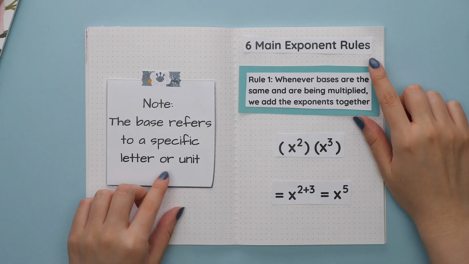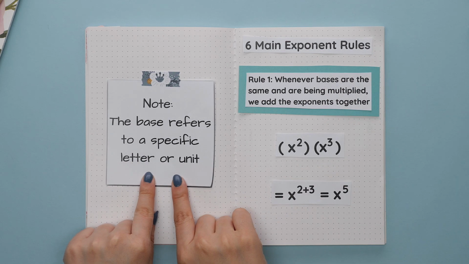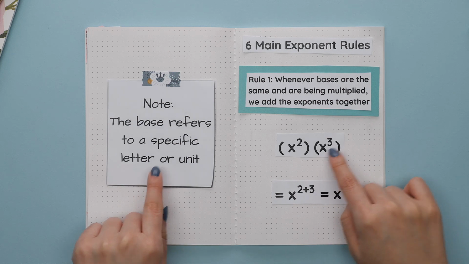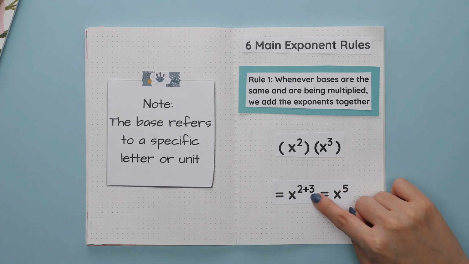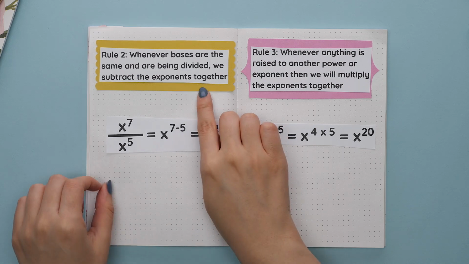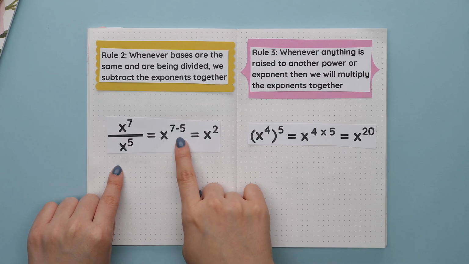We'll start with going over our 6 main exponent rules. Note, whenever I say the word base, I am referring to a specific letter or unit. The first exponent rule is whenever our bases are the same and are being multiplied, we add the exponents together to get our new answer. The second rule is whenever our bases are the same and are being divided, we subtract the exponents to